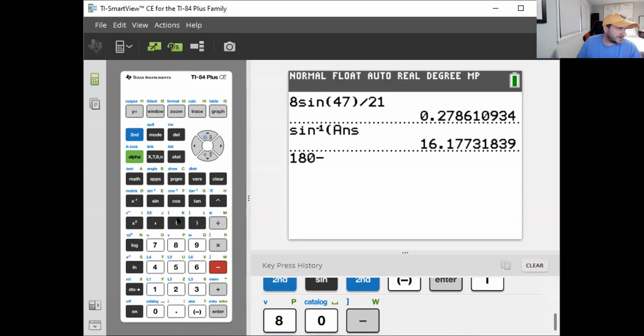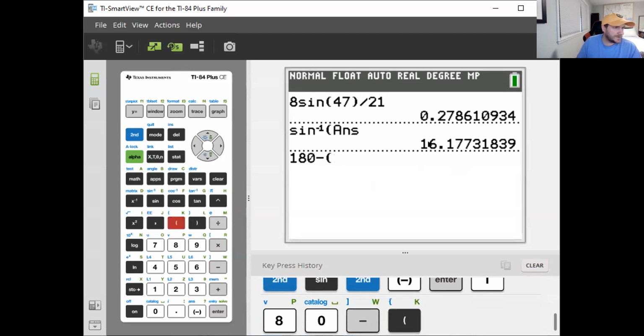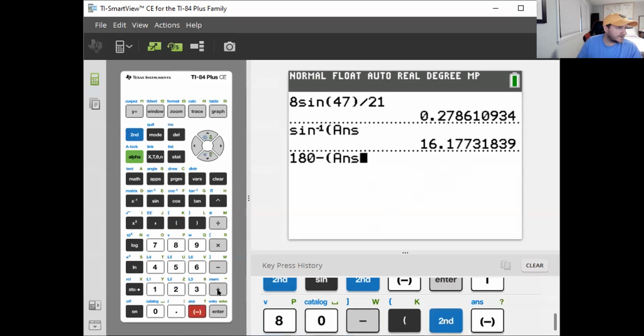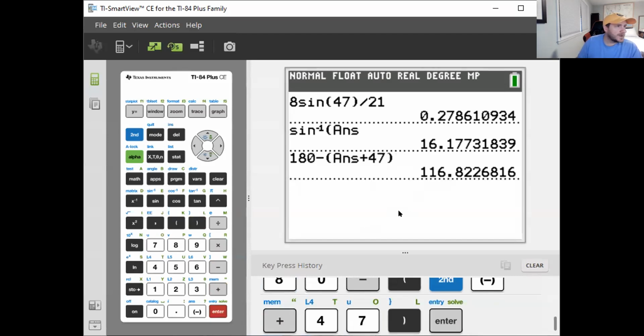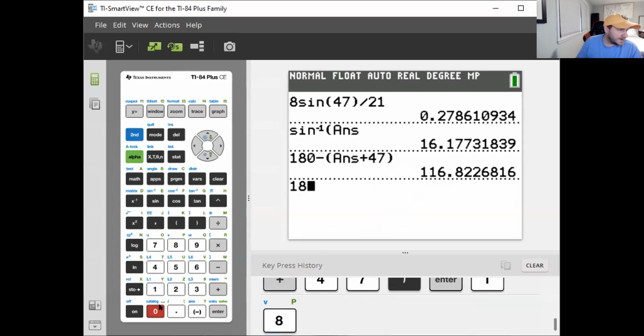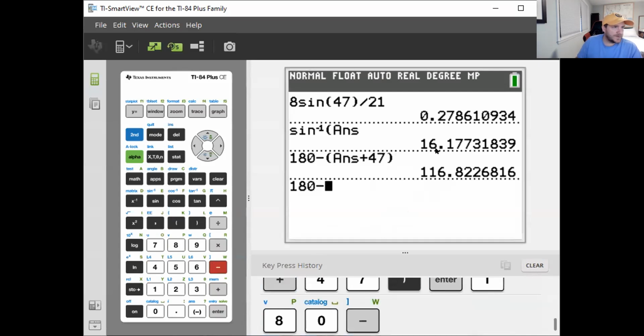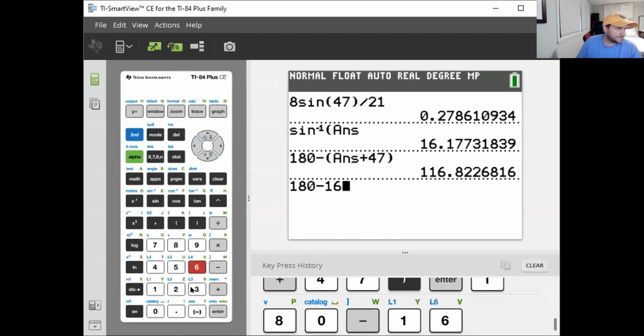Two ways to do this. You could either use parentheses and do the sum of these things. So the sum of second answer and 47. Enter. Another way to do this is just go 180 minus the 16.177,